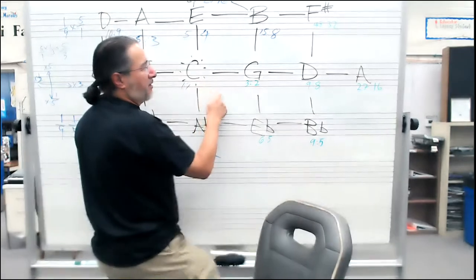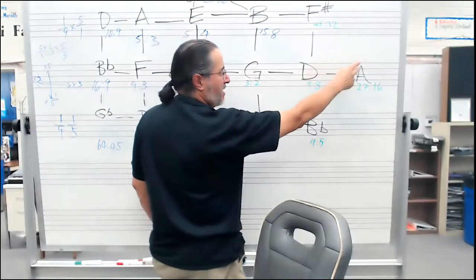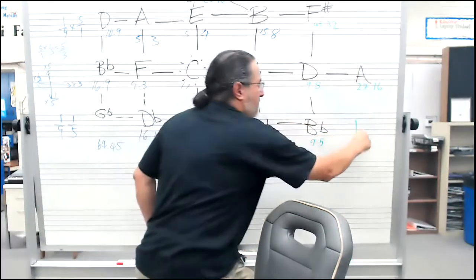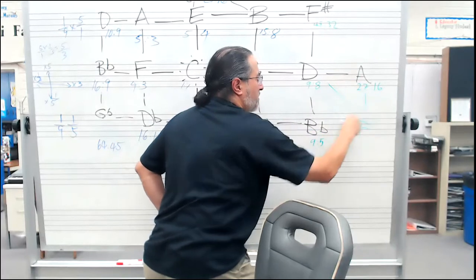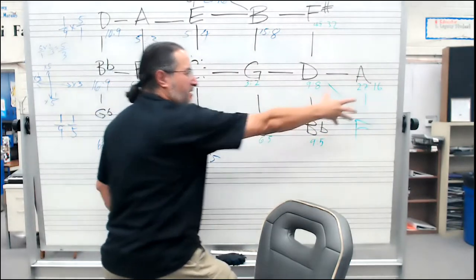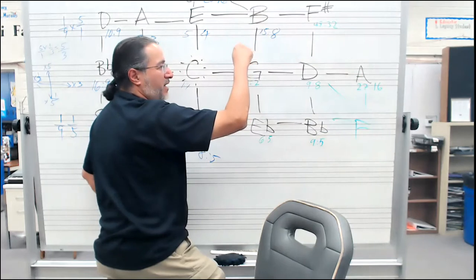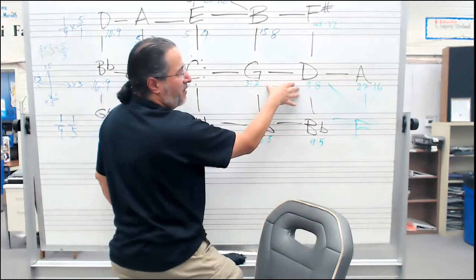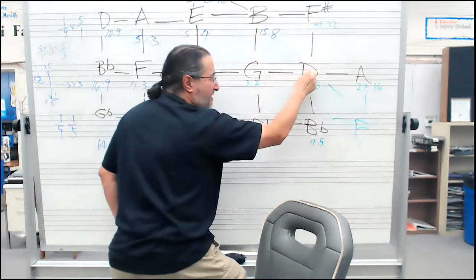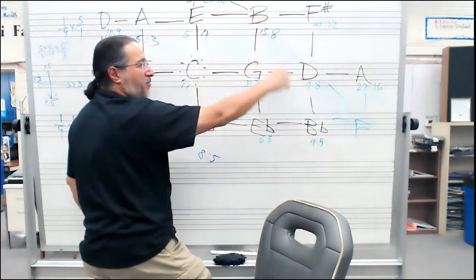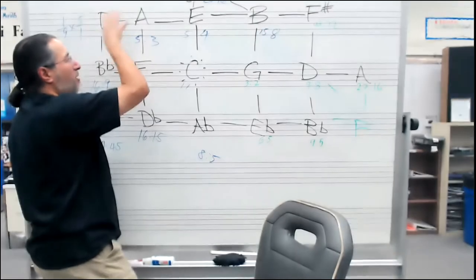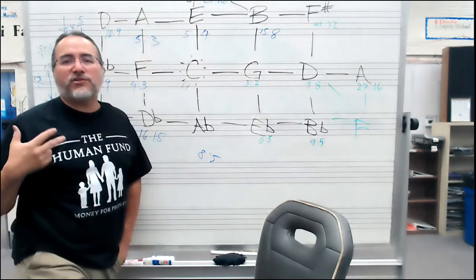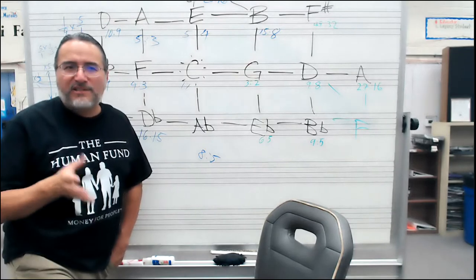But look at this D minor. D, A, there would be an F down here. So this D minor is connected to the dominant. In fact, it has 2 tones in common with the 5 chord. So this D is connected here as a 9/8 D, which is higher in pitch, and this D, which is lower in pitch. You've got not only 2 D tones, but you've got 2 D minor tones,